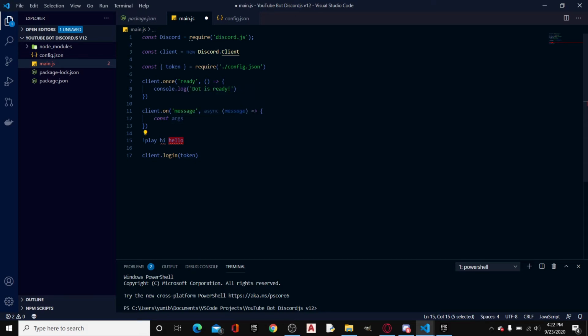However, it's different when you're coding, because instead of being args1, this would be called args0, because every number is subtracted by 1. So we're going to put const args equals, and then we're going to do